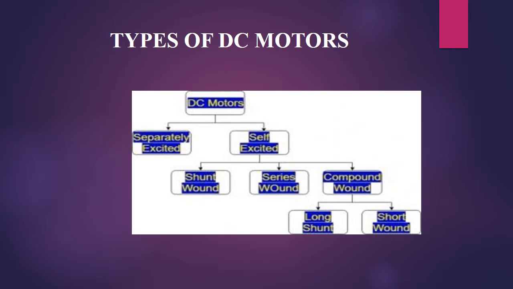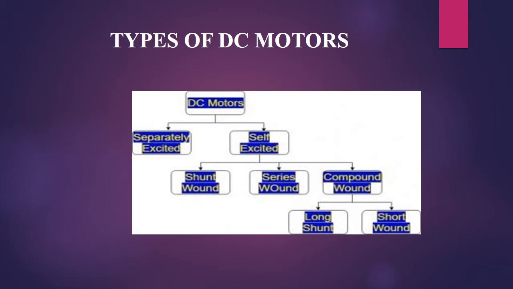In a DC shunt motor, the field winding is connected in parallel with the armature. The current through the shunt field winding is not the same as the armature current. So the shunt field windings are designed to produce the MMF by means of a relatively large number of turns of wire having high resistance.